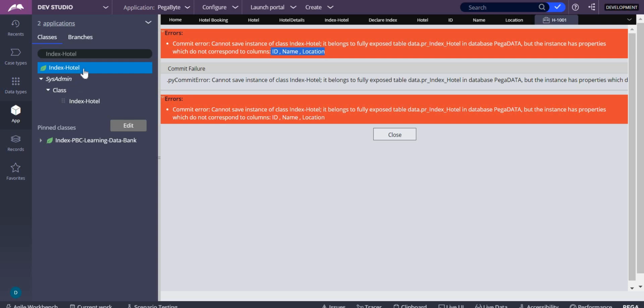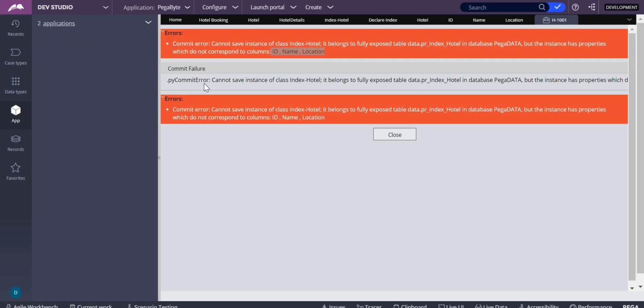So I'll just refresh this. Understood why this error is coming? Because these 3 properties are there in your Pega class, in your Pega application, but in PostgreSQL these 3 properties are not created. So you have to create them.